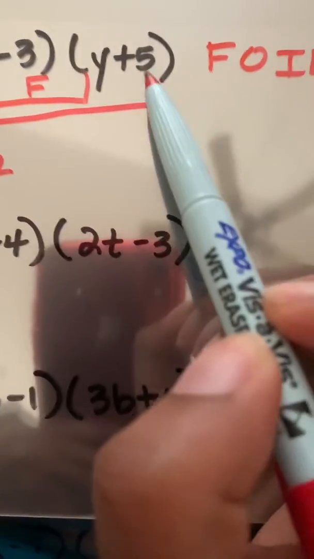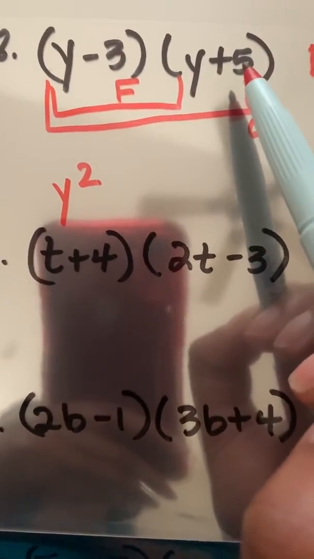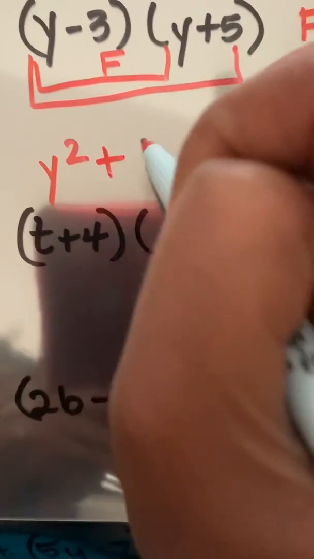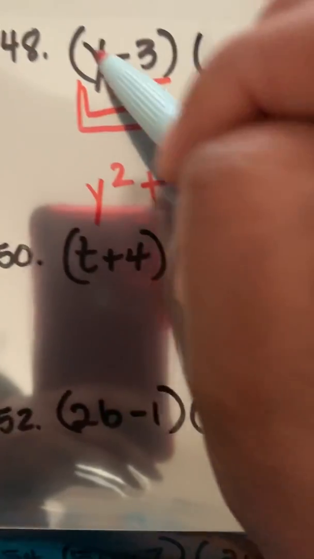That's what they call the O. So I'm looking at this term. Okay, so Y times 5 is just the 5Y, you bring it straight down. So nothing hard. All right, so I did first,